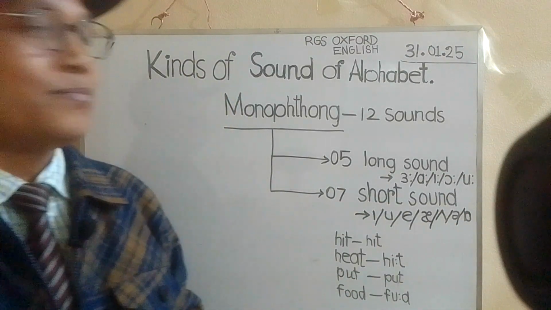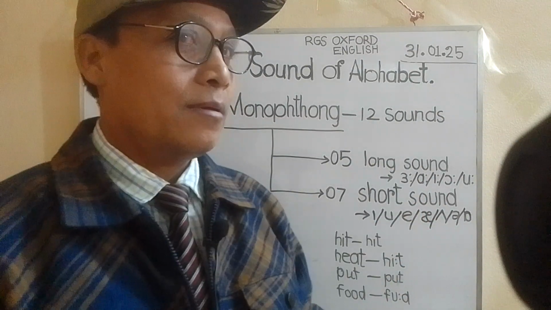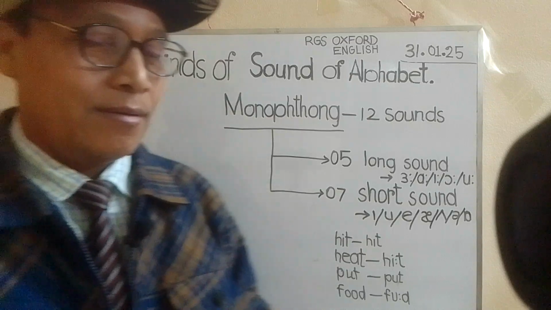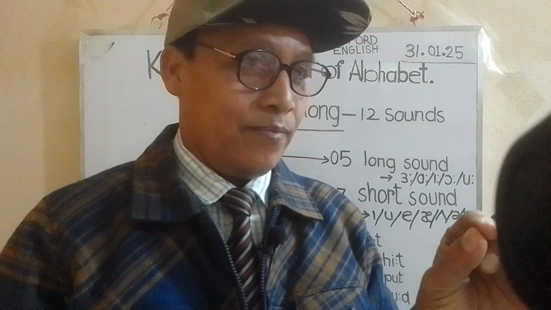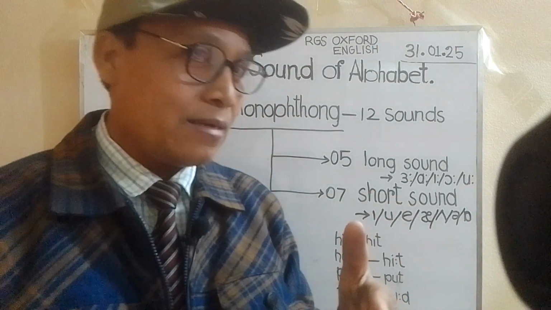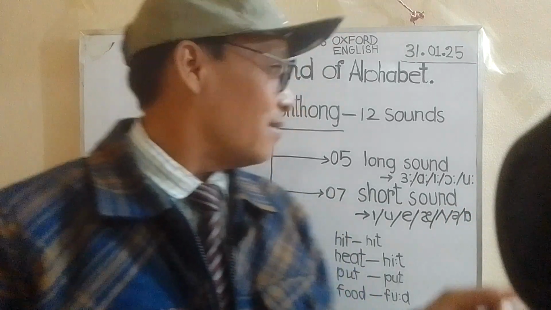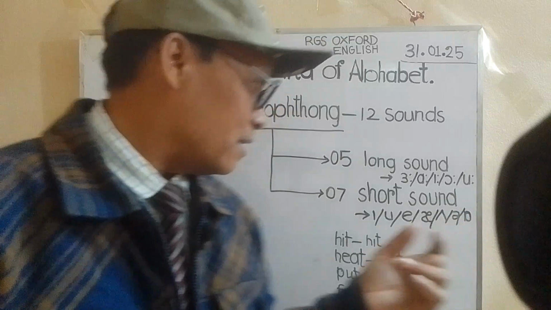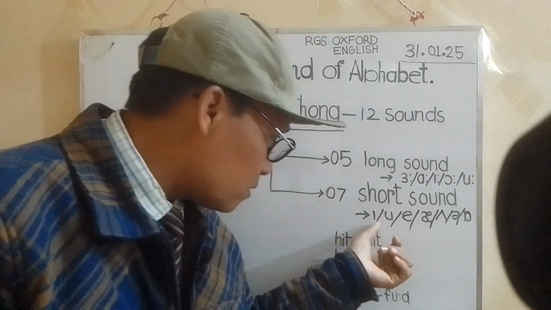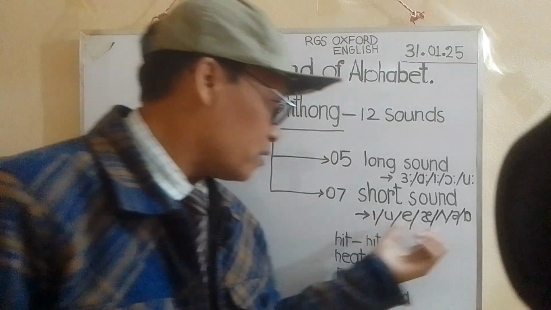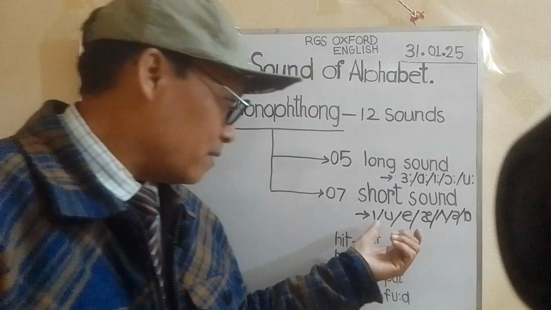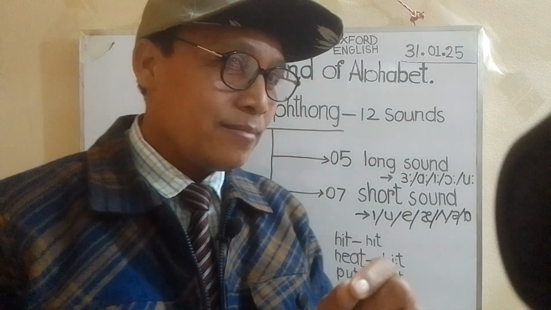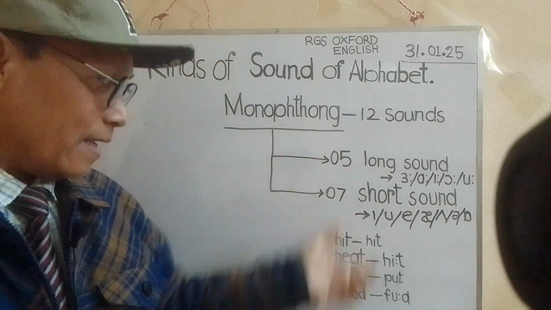I mean that if we see the long symbol beside a letter, the letter will be a long sound. And if we see the short symbol beside the letter, the sound will be short. As for example, you can see